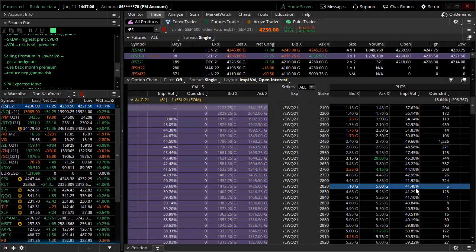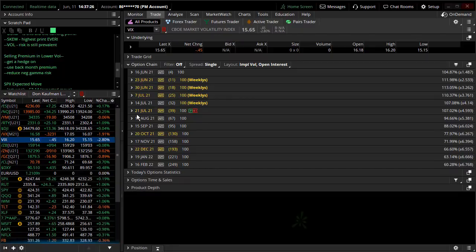Let's get crazy over here. Here's the marketplace of the 2830 strike. It's 41% implied volatility. You're already selling the equivalent of like a 40 VIX on that option. I'm not telling you to go out there and just sell the put naked. You're going to have to get a hedge on. That hedge is brought to you by none other than the VIX. So why go out and use the VIX as a hedge?